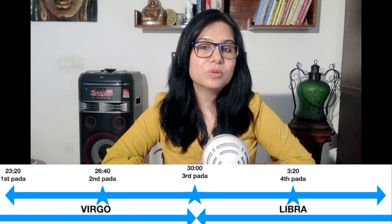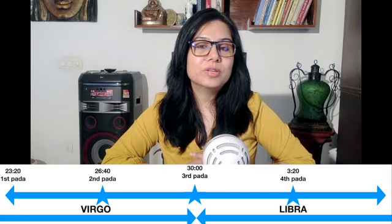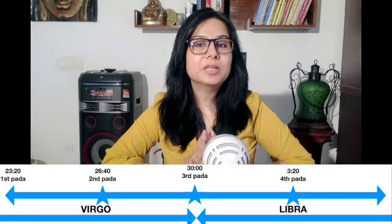So debilitated Vargottama does not make it any better. It remains debilitated. Like I just told you, the effect of Venus in the second pada, in the debilitated part of Chitra, will be magnified. But if you have any other planet here, let's suppose your Moon is in this particular degree or the ascendant is in this particular degree,